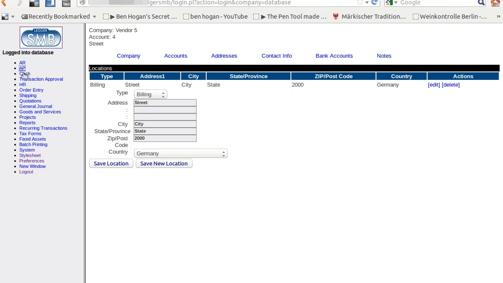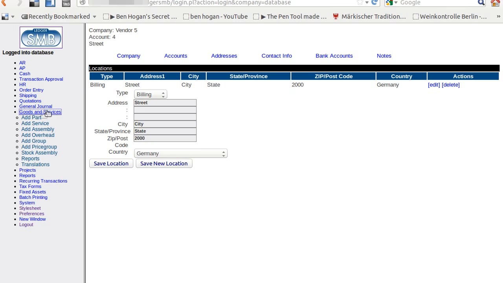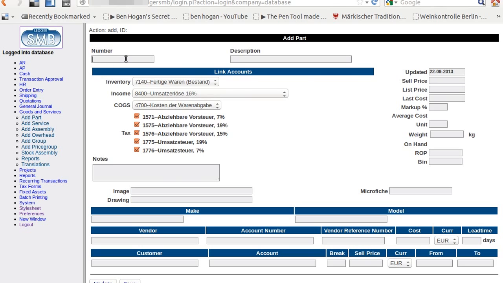So the vendor is in the system, and we are going to goods and services now to add a part that we want to track in the system. We're giving this part a number here, a description. You see the choices you have, and you enter, for example, the taxes that are applicable. You can also add a sale price, list price, cost,